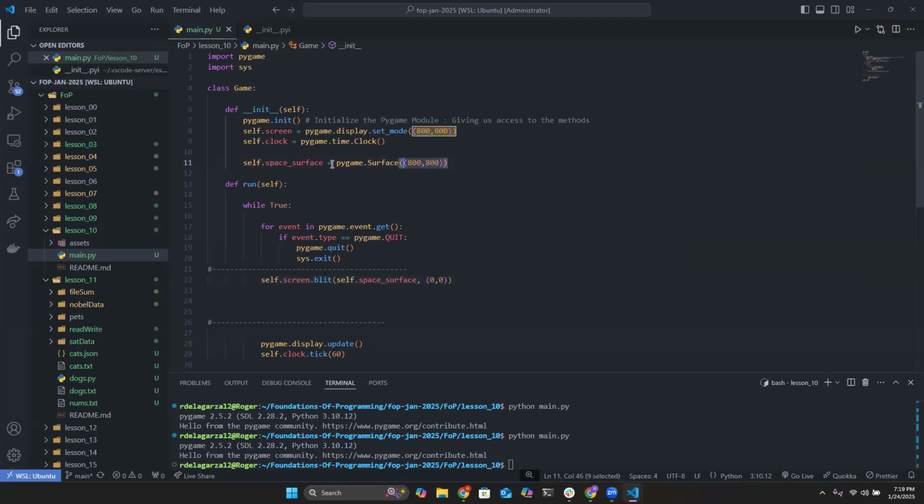Right, I am adding the surface to my screen and set it to 0, 0. And why is it 0, 0, Roger? Well, the way that your screens work,